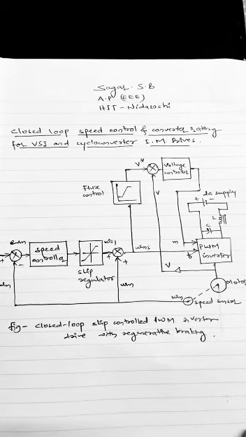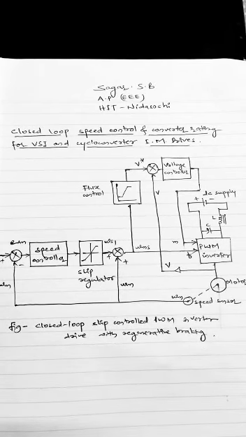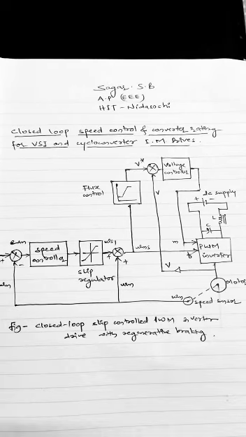First, the speed error is processed through a proportional integral controller and a slip regulator. The PI controller, that is the proportional integral controller, is used to get the steady state accuracy and to attenuate the noise, and the slip regulator sets the slip speed that is indicated by omega s1, and its value is limited to keep the inverter current at a permissible value.